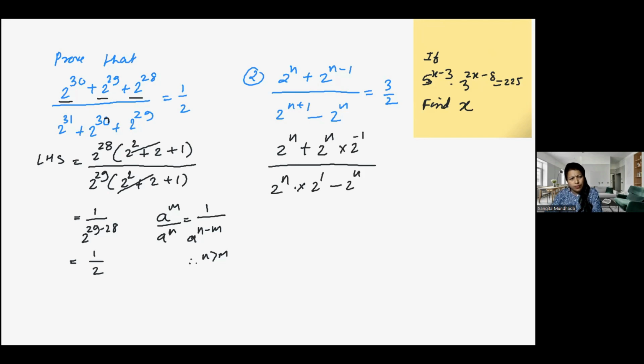Now here 2 raised to n is common, and here also 2 raised to n is common. So I will write 2 raised to n into (1 plus 1 upon 2), since 2 raised to minus 1 means 1 by 2,